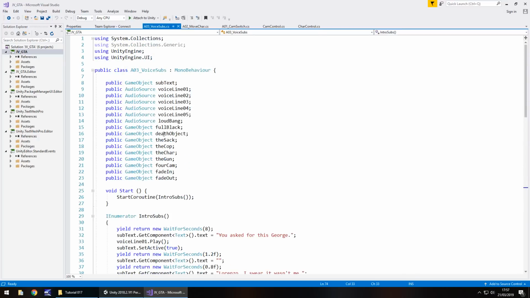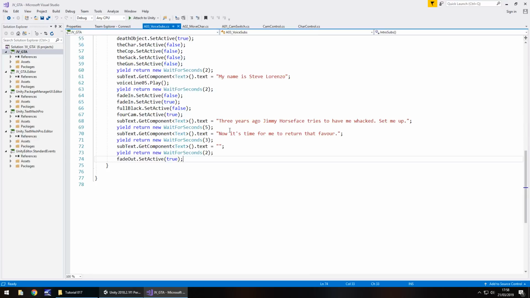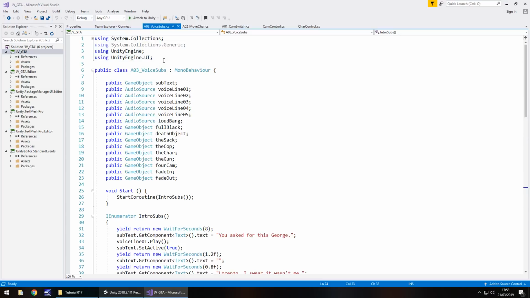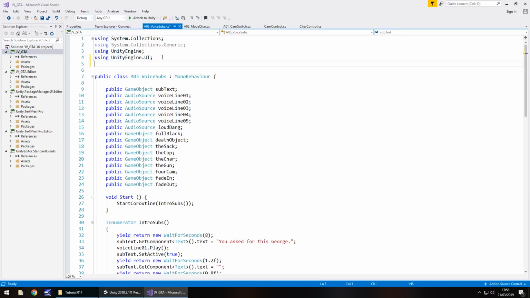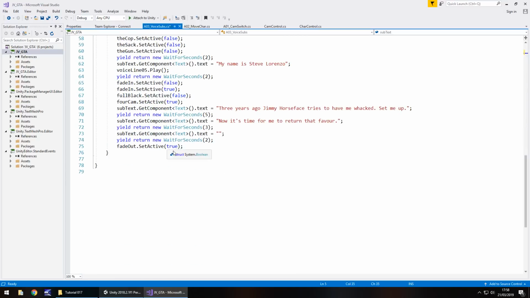So if we scroll upwards on this original script, which takes us all the way through, we get to where the fade out starts. What we need to do is at the very top, add in another namespace under the UI one. Here we put using UnityEngine.SceneManagement; semicolon. This is the namespace that allows us to switch between scenes and manage them effectively. After our fade out has played, we'll wait for maybe 3 seconds, and after that 3 seconds, we'll then switch to a new scene.